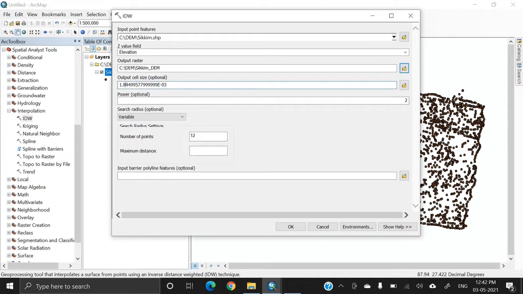And as you can see, this will be the output cell size. Keep all the default values and click on OK.